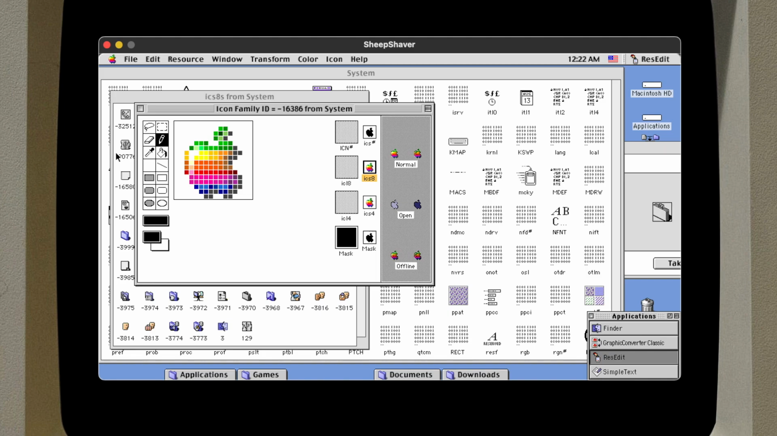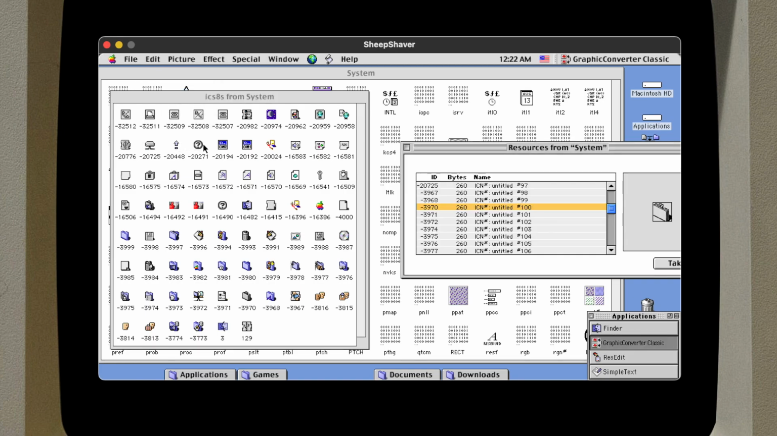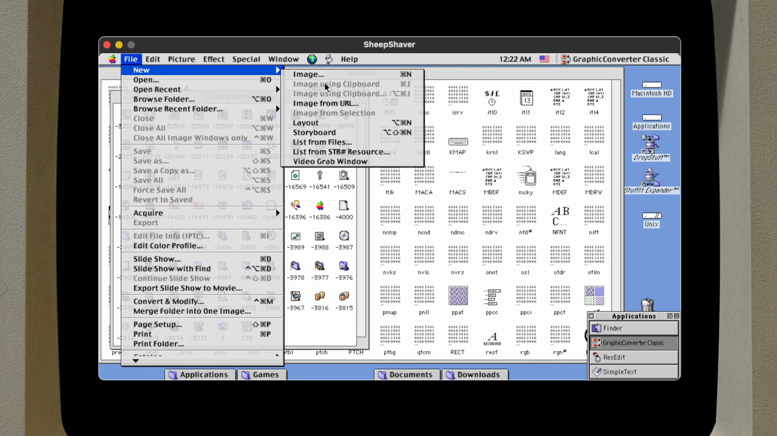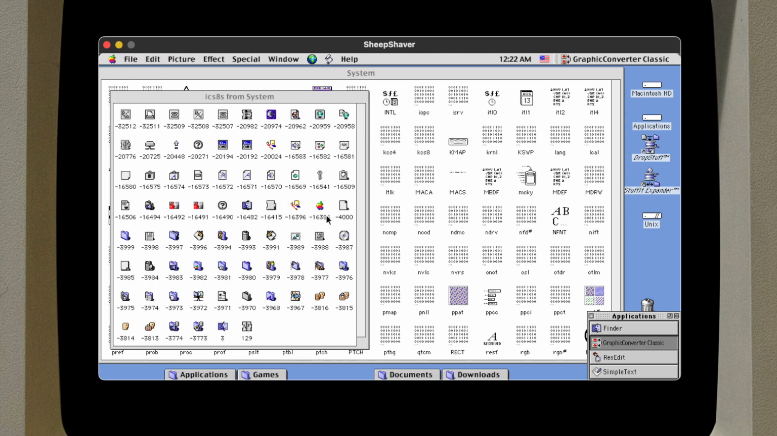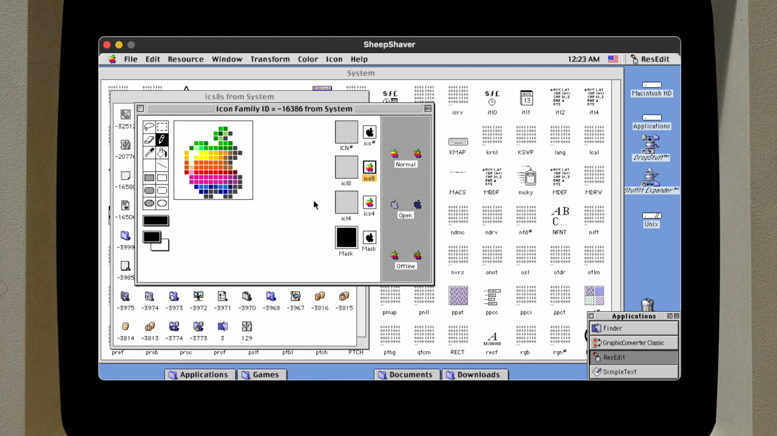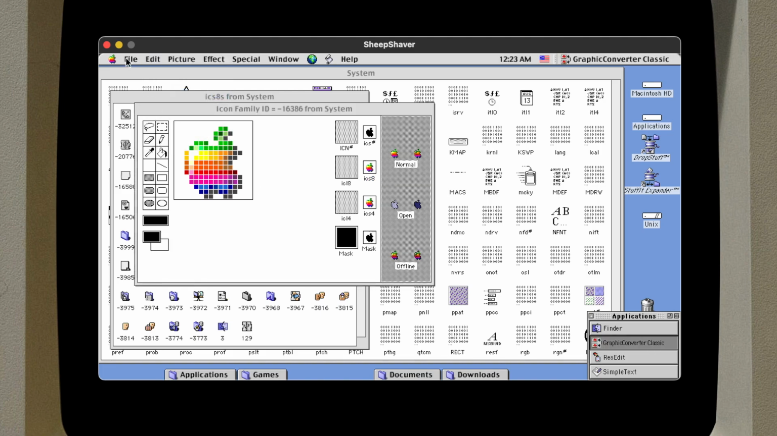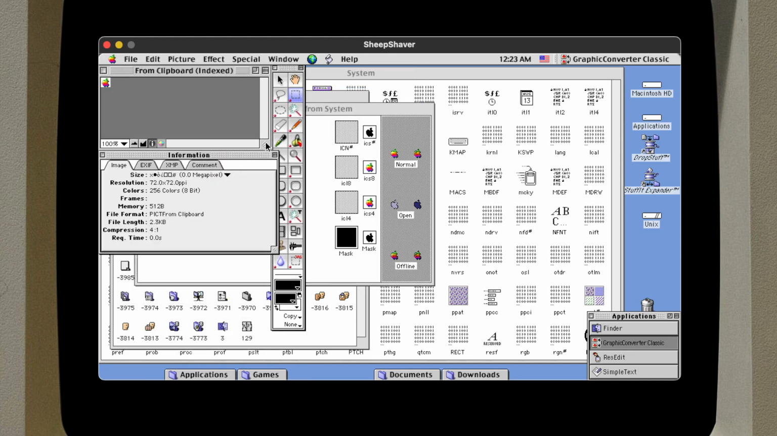So, okay, I'm going to open this up. Now, you might first think, well, okay, if I copy the resource, then go over to GraphicConverter, new image using Clipboard. Oh, it's not enabled. Okay, fine then. So what you actually have to do, you kind of have to do it the Cave Dweller way. Select all, copy, and then you do new image using Clipboard. So okay, now we've got our Apple menu icon,